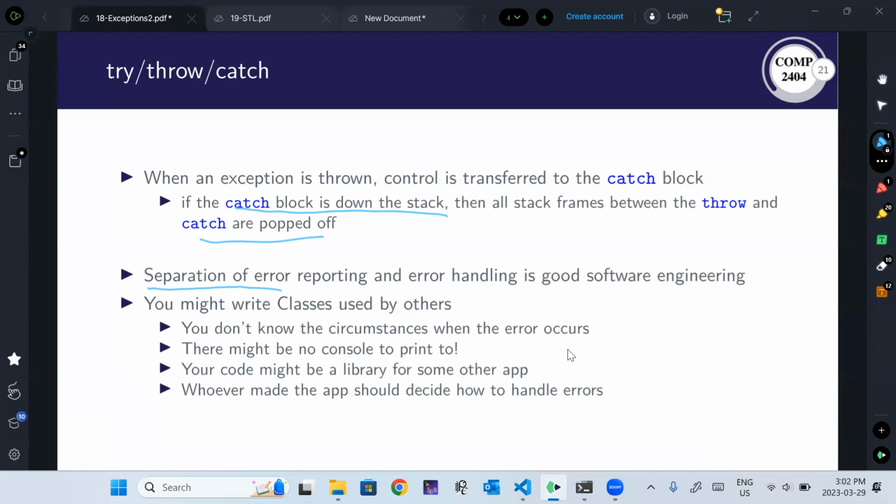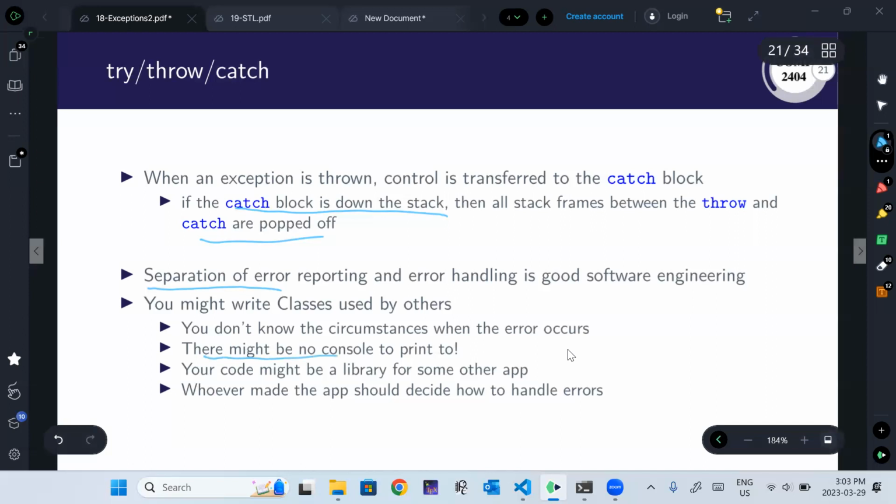When we handled errors in our assignments, generally speaking, I wanted you to handle them as close to the control objects as possible, because the control objects know the context, right? They know if there's a console, they know if there's a view they can print the error to, but the classes that are down the application tree don't necessarily know what's going on. They're just being used by the control object.